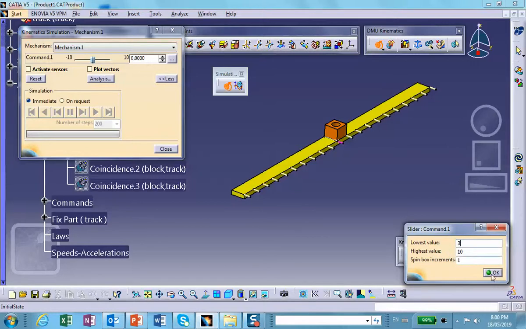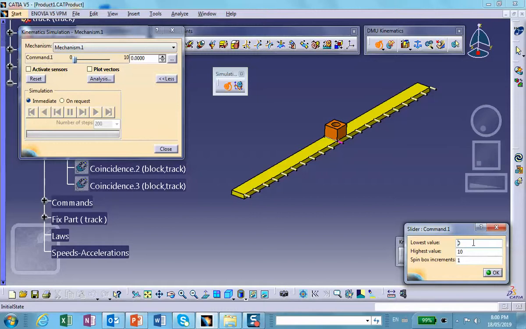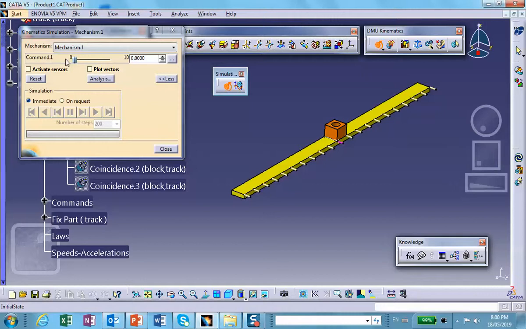We say okay. Notice that it did not change. See, I did try to change it from 3 to 10, but it didn't change. The question is why? The reason